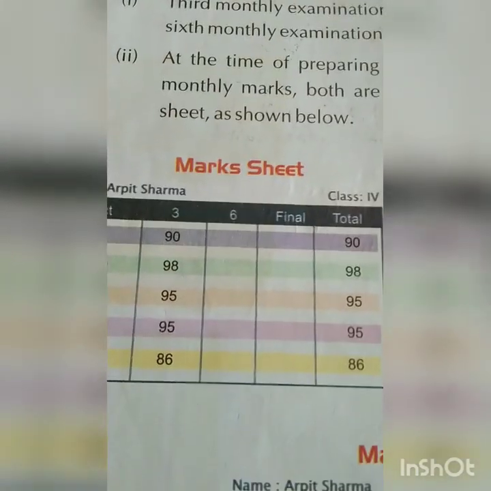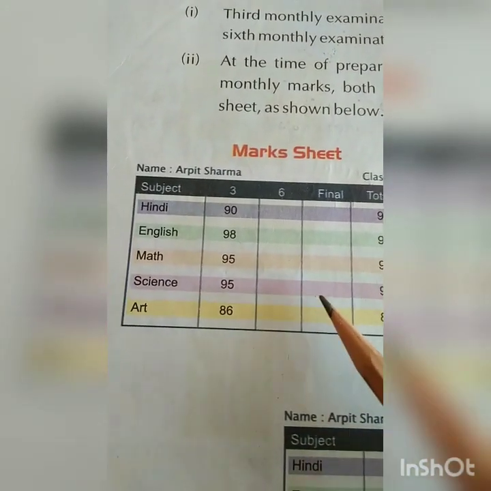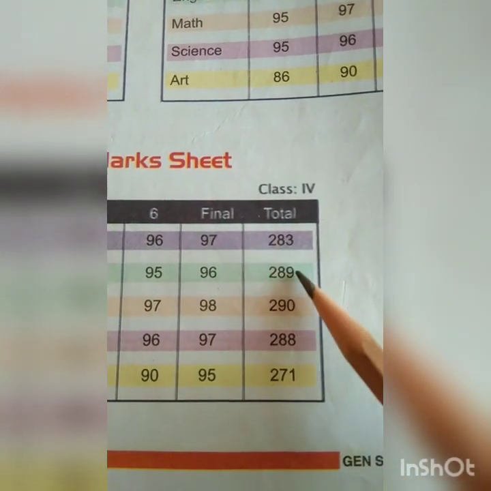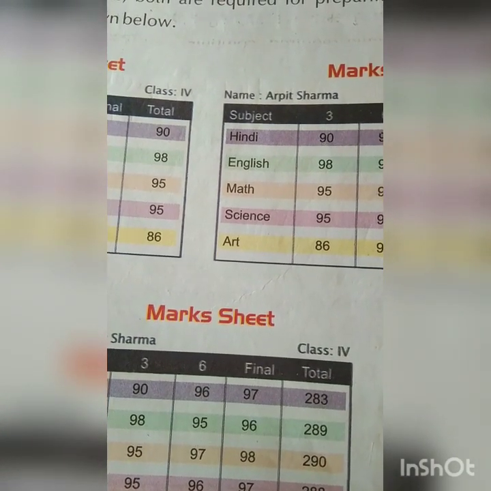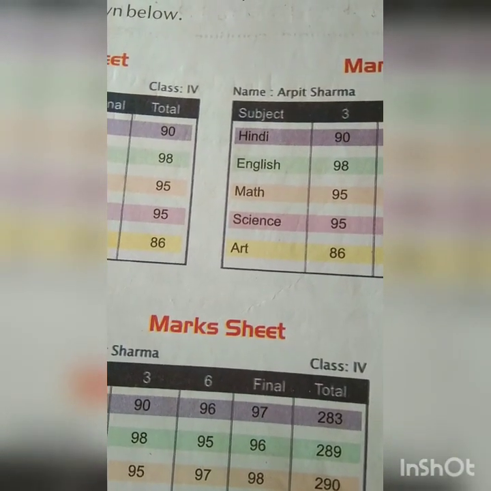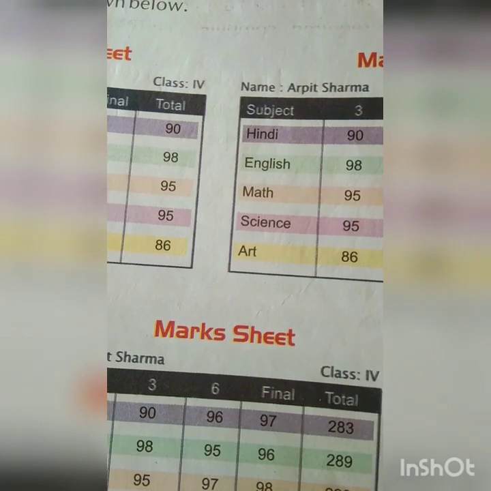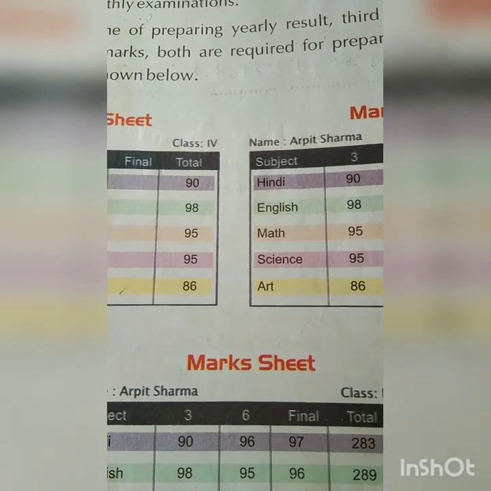Your exams you gave for the 3rd month, 6th month and the final year. Here is a short result sheet, it is given in your textbook. 3-month examination result, 6 month, and here 3 months, 6 months and final, and overall total as the final marks. Okay students, so this is the short form. It is given in your textbook that when you input anything as information, the process goes on in the CPU, and in the form of output you get the result on the monitor and printer, and in the speaker it is known as the audio output. And here is the example given, reusing the output in the form of your mark sheets.